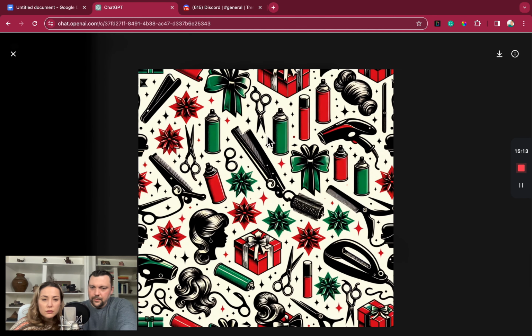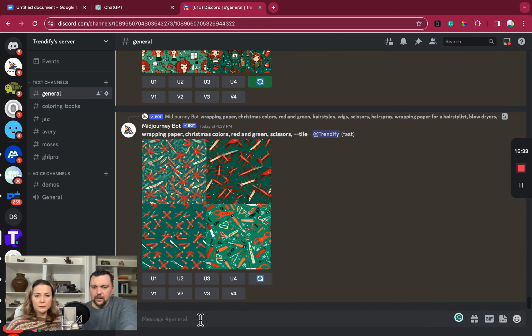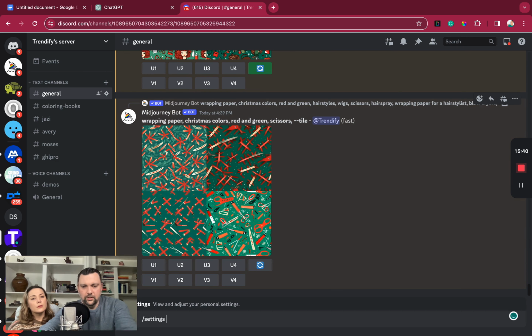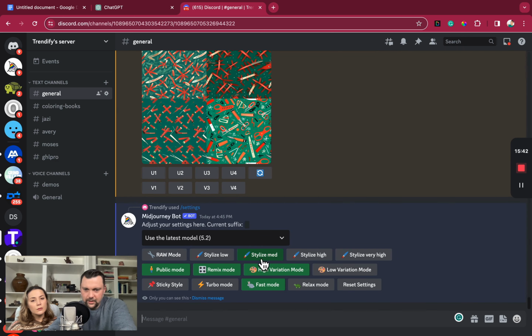That's cute. Yeah. It's like a real iron. And then a flat iron too. That's pretty cute. And it's Christmas bows. Yeah, I think we're really getting a lot further here. One thing I wanted to try on here is lowering the settings. We might have the settings really creative, so we can see if we have stylized. Okay, so I thought our stylized was on high, but that's not the case. It's medium. So let's try low. Okay, and just try it one more time. What is sticky style? I don't know.